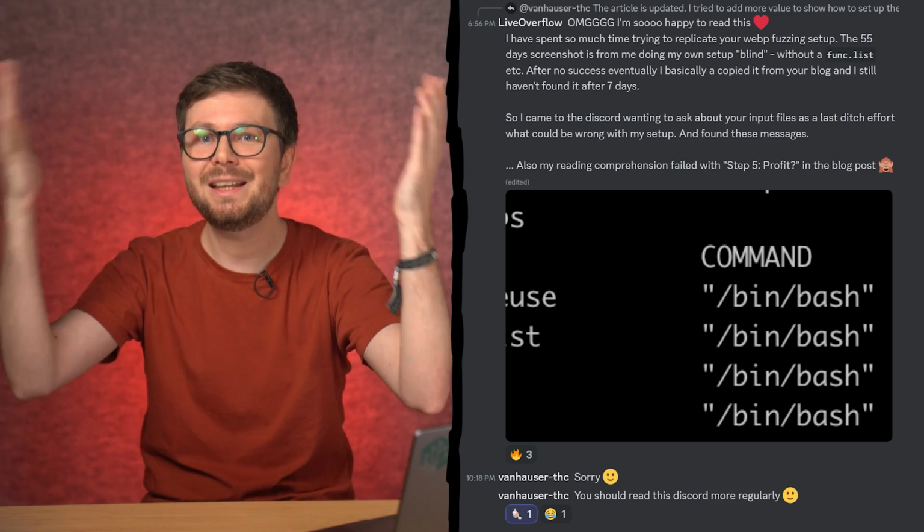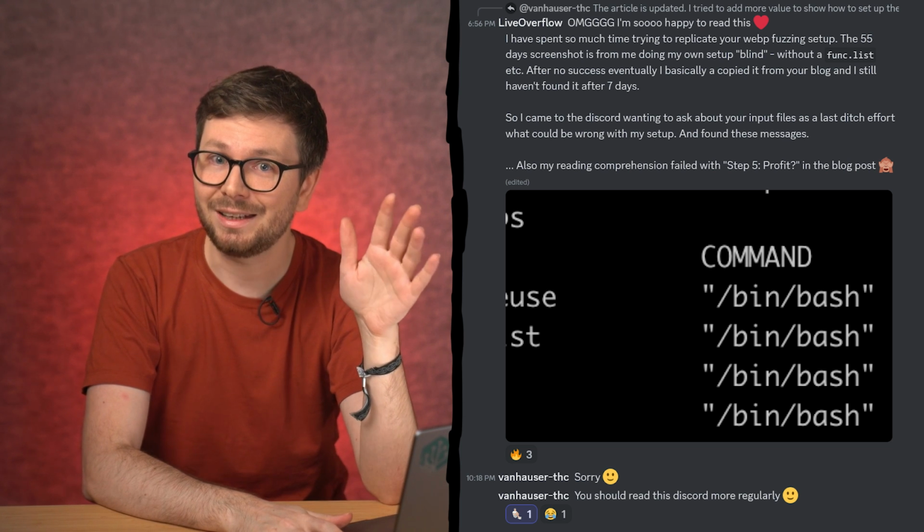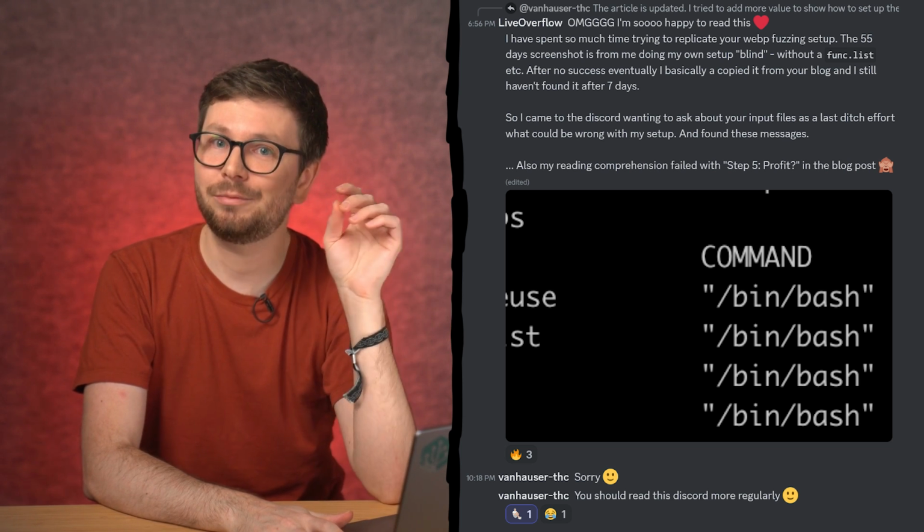Oh man, I was so happy to read this. Oh my god, I thought it was so crazy that he found this bug in a fairly naive fuzzing setup that OSS Fuzz didn't find, but it just ended up being a mistake. And I'm very glad about that fact, because that proves again that this vulnerability could not have been found through